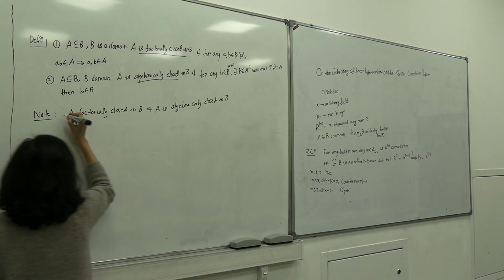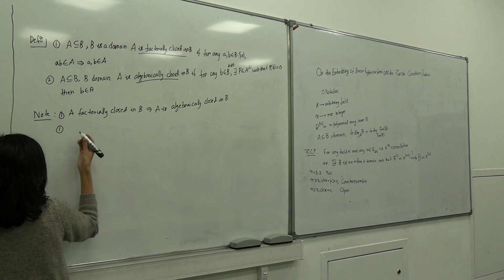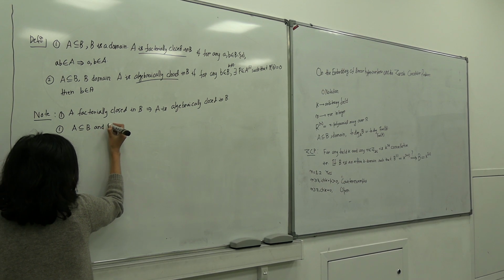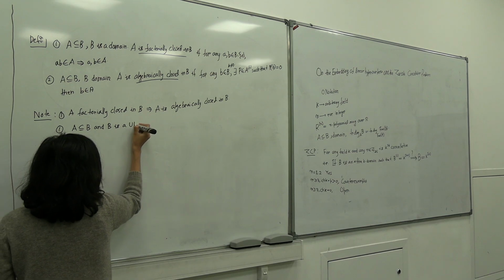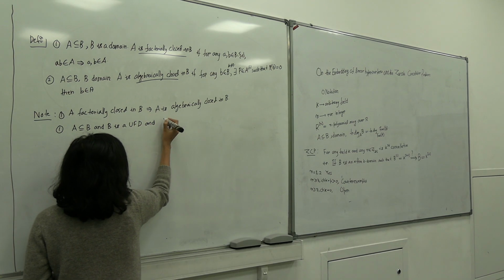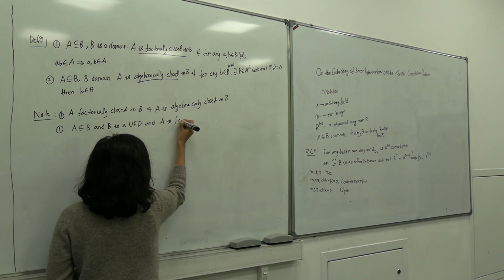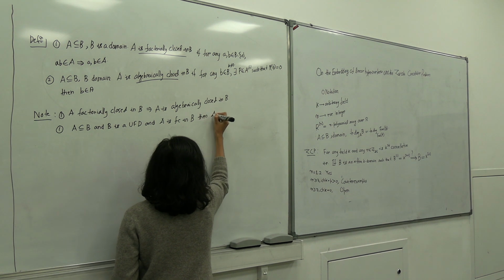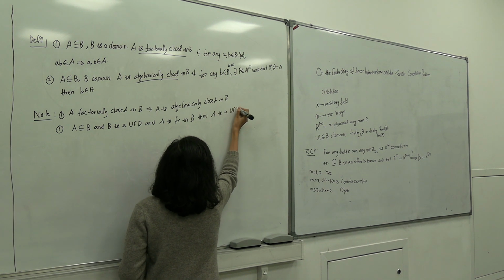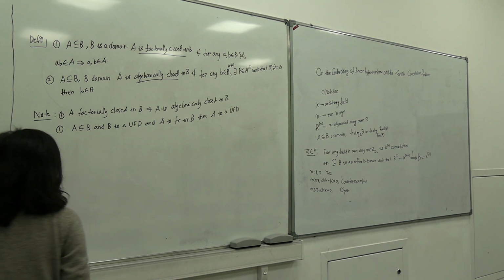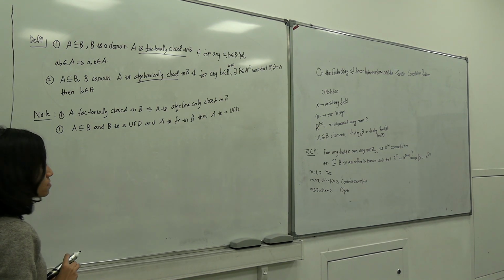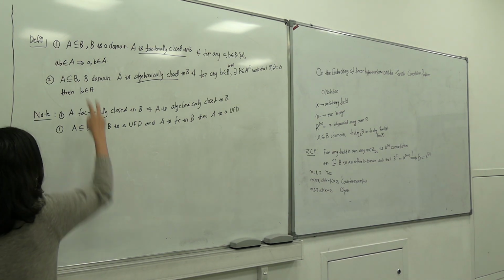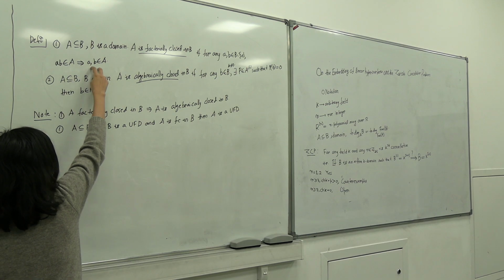The next observation is that if A is contained in B and B is a UFD, and A is factorially closed in B, let me write the shorthand FC, then actually A is a UFD. Because A corresponds to some subset of the set of prime elements. Yes, because this condition is very strong. Whenever we have something like that, we can come to A.